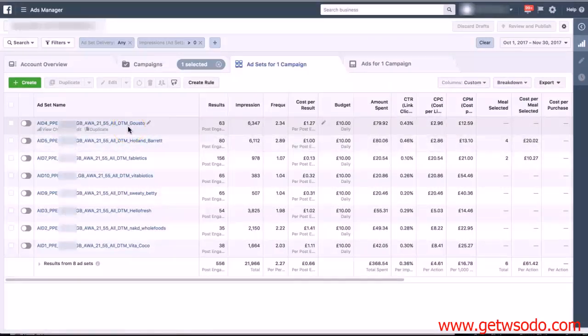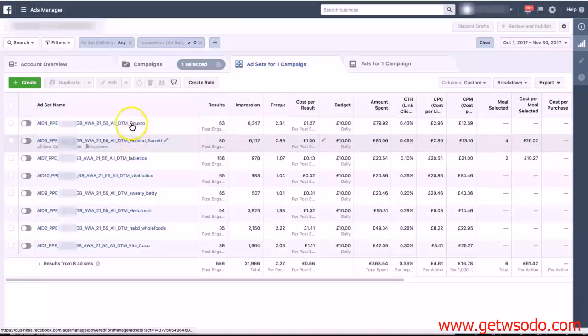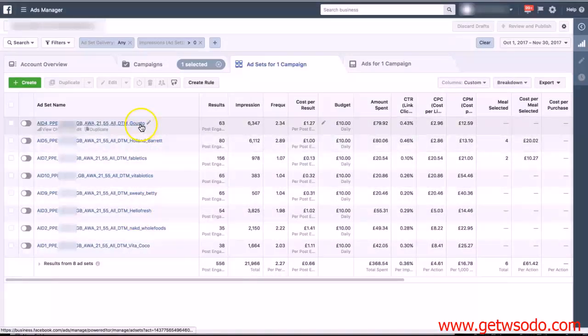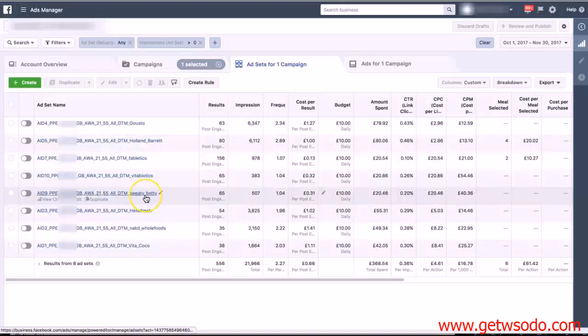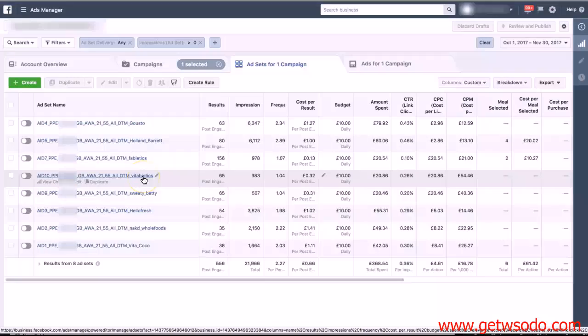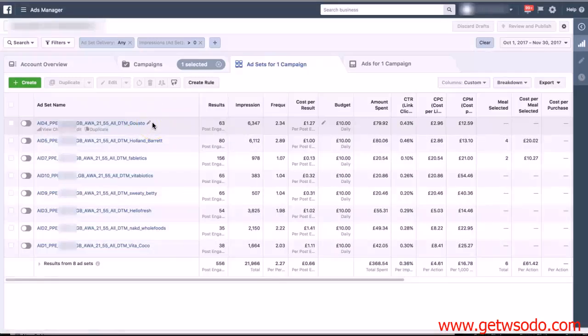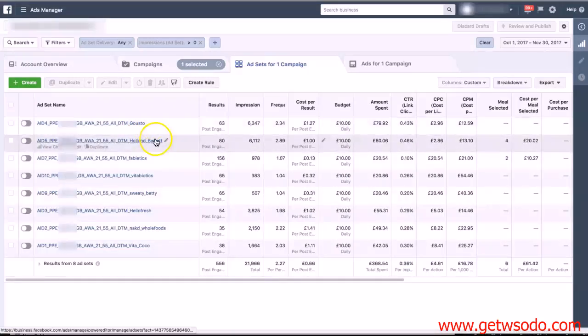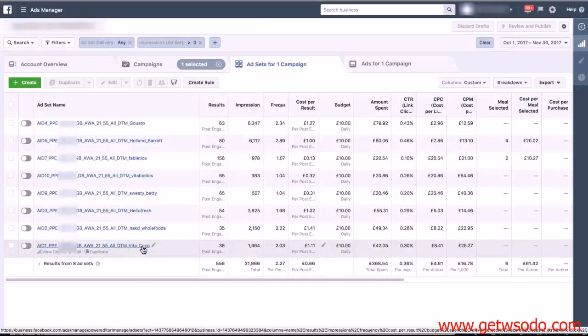Also, when you are moving interests and you've tested interest by interest at this level, when you move them into website conversion, where possible, I would group them together at that stage. Now, with these particular interests here, whether you know these companies or not, some of these interests are quite different. This particular interest is actually a fashion brand. This is vitamins and well-being, fashion brand, vitamins, and a food delivery service. I would group those personally into those groupings. So Holland and Barrett, Vitabiotics, Vita Coco, for example,